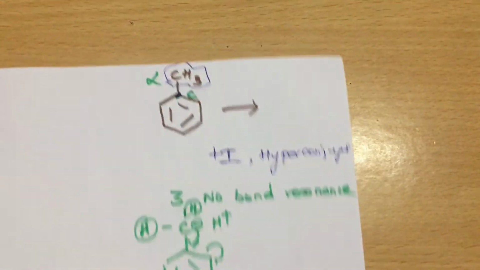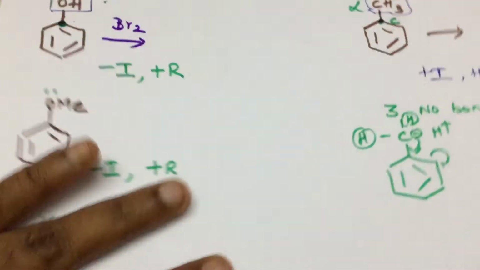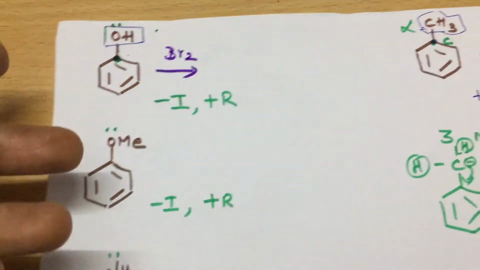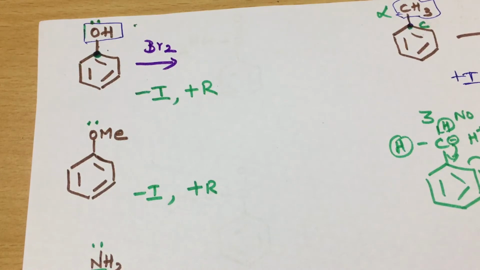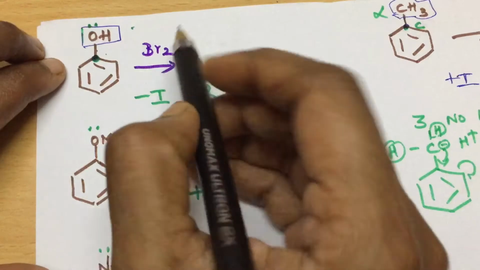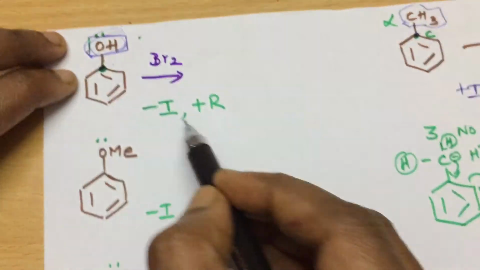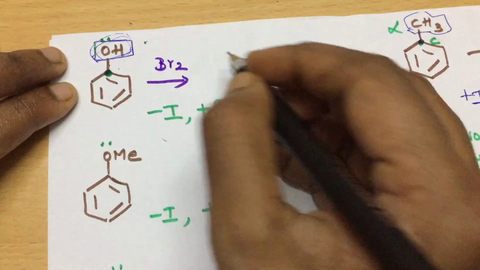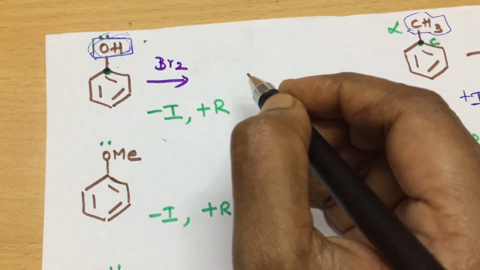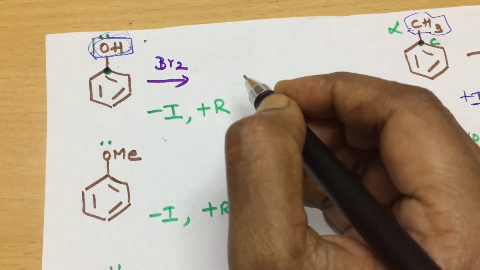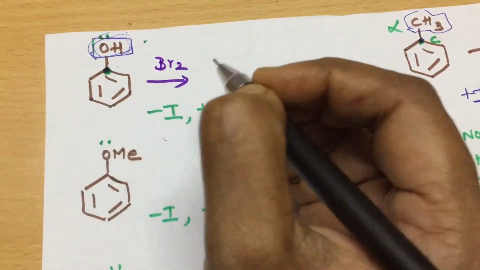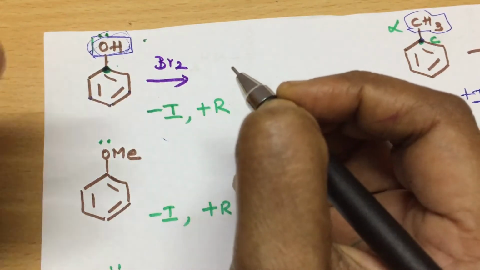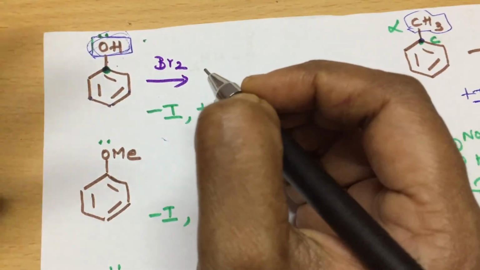Okay, students, so now hope you got enough training in this. So let's solve the problem, what kind of product you will get. In that previous video itself, I have drawn the resonance structure, and I told you, if the functional group undergoes resonance, whether it is an electron withdrawing group or a donating group, the meta position will not get affected. That point you have to remember.